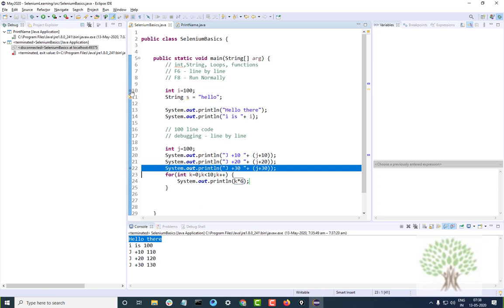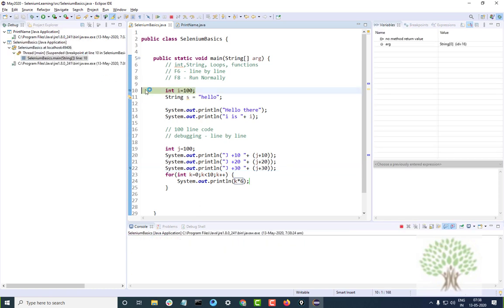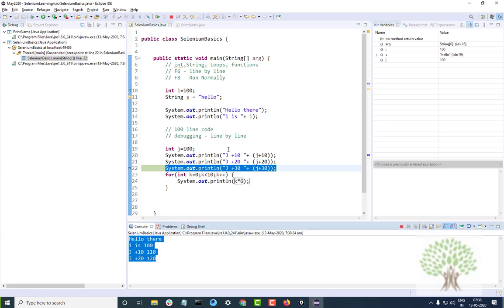So you can put multiple breakpoints in your program as well. You can run it in debug mode again. The code stops on the first line, you hit F6, it will run line by line. If I hit F8, this will run normally and stop on the next breakpoint, and it has printed everything in between.